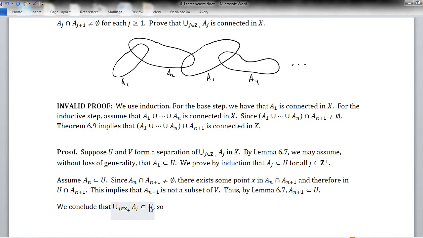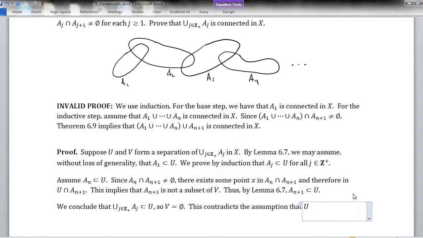Remember, U and V formed a separation of exactly this union here, right? So U union V equals this thing, and U and V were disjoint, but okay, this is saying that these two sets are already equal, right? That means V has to be the empty set. Okay. U already takes up the whole union. If they're disjoint, V has to be empty. And that's not allowed for a separation, right? This contradicts the assumption that U and V form a separation